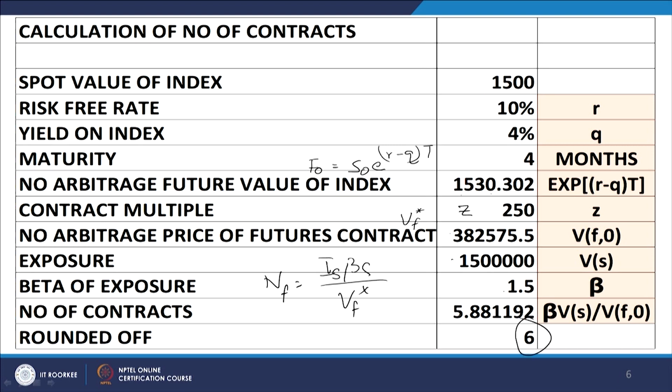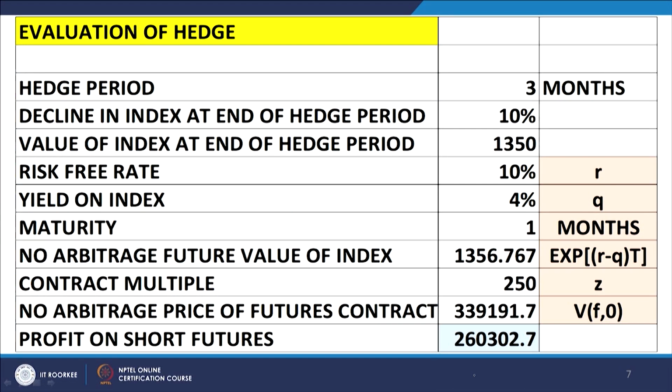So, we hedge by taking a short position in 6 stock index futures of the given choice, S&P stock index futures. Now, let us do the evaluation of the hedge. First, let us look at the futures position. Now, the hedge period is 3 months, decline in index at the end of the hedge period is given as 10%. Therefore, the spot value of the index at the end of the hedge period, at t equal to 3 months,